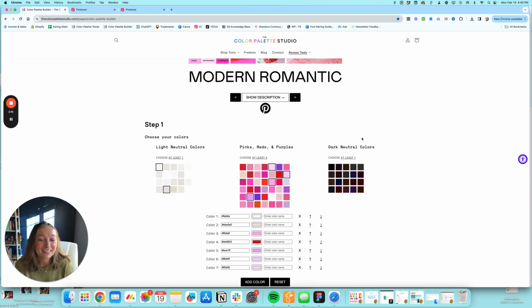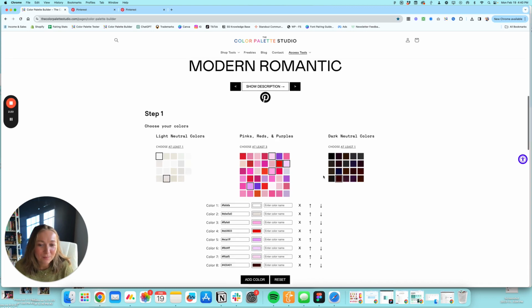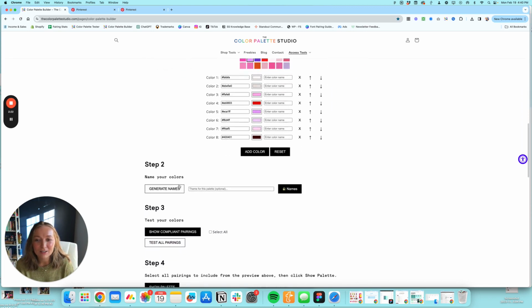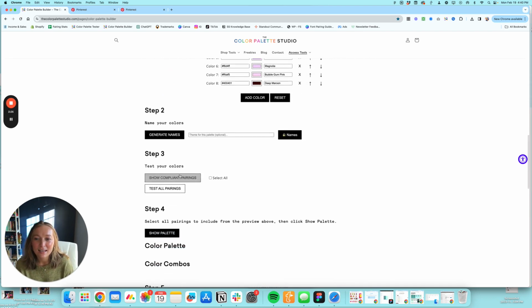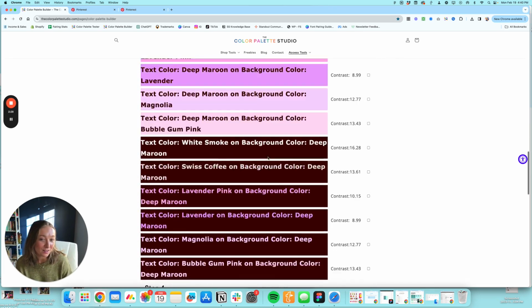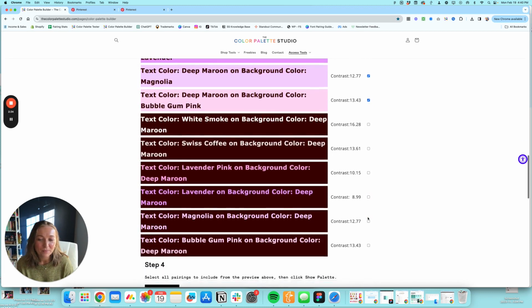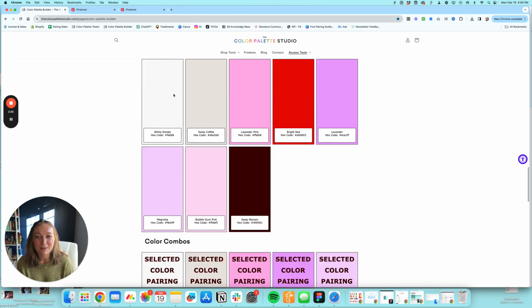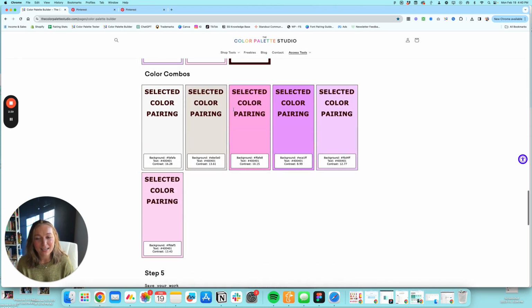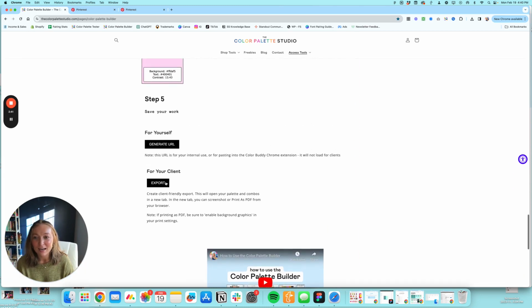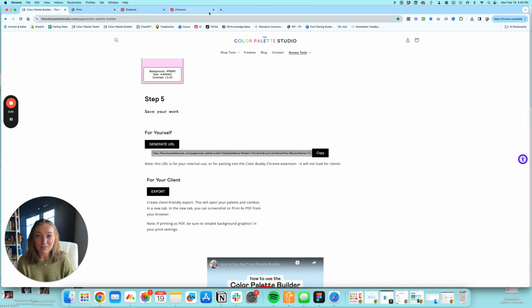And then I want to add at least 1 dark neutral color. So I can just select any one in here. How about that one? Okay, so now I can click generate names and it's going to generate some really fun color names. And then I can click show compliant pairings and I can view all the high contrast pairs for this style. So I'm just going to select my favorites, the ones that I really like. And then I'm going to click show palette and get to view the full color palette and my favorite high contrast pairs. Now I can export this and save this, or I can click generate URL, save this for later,